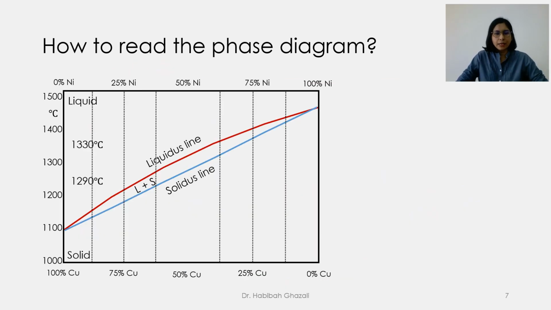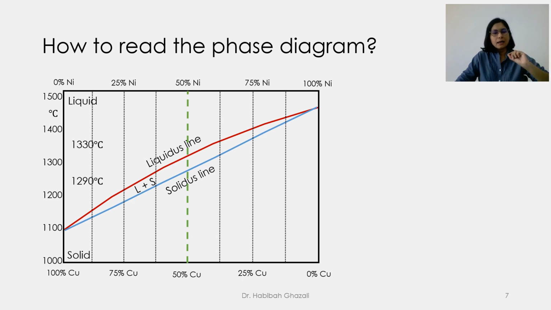So how do we read a phase diagram? Let's say you have 50% of copper and 50% of nickel as your alloy. So this alloy contains half nickel and half copper. You want to use the phase diagram to understand the solidification process of this alloy, or the melting of this alloy. You want to know when it will begin to solidify, or when it will begin to melt if you already have a solidified metal. So to read a phase diagram, what you will need to do first is to draw